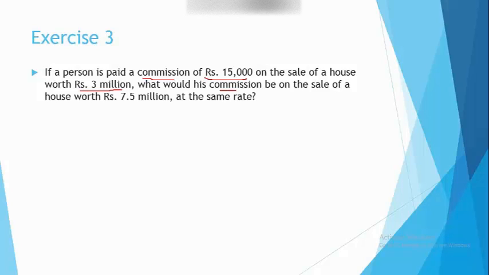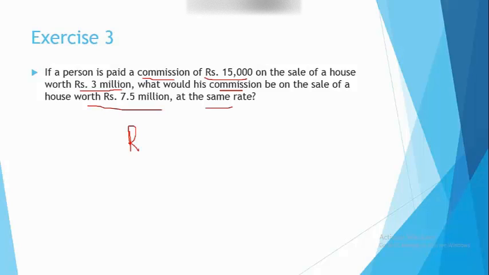What would the commission be on sale of a house worth 7.5 million at the same rate? So for every 3 million rupees of sale, a commission of 15,000 is given as commission. So